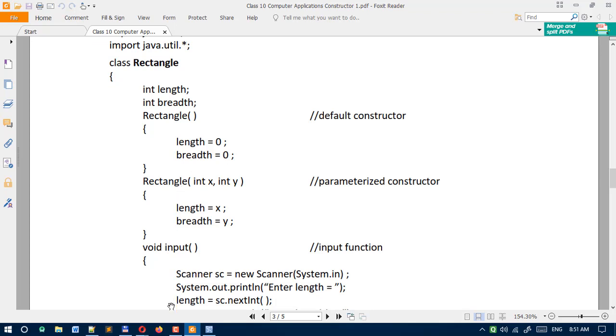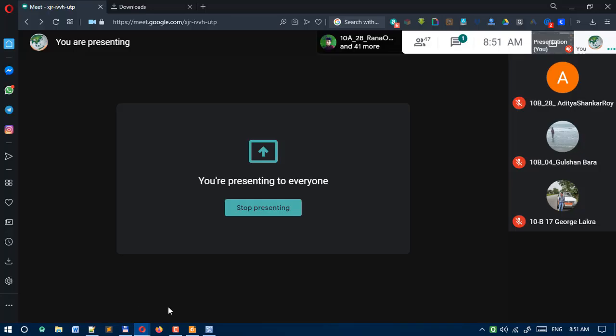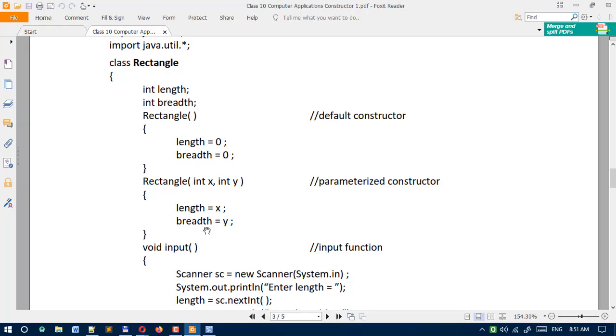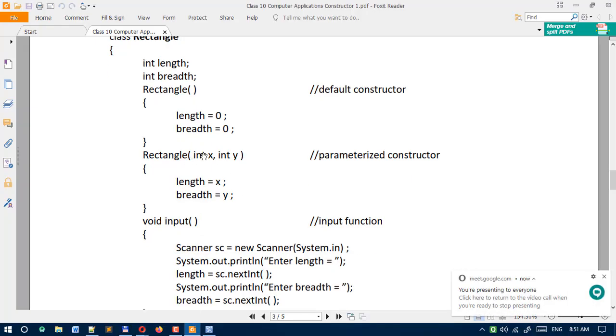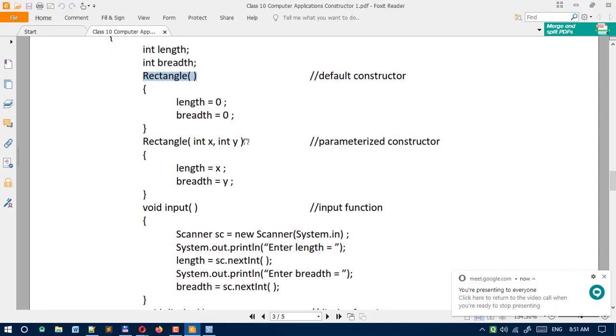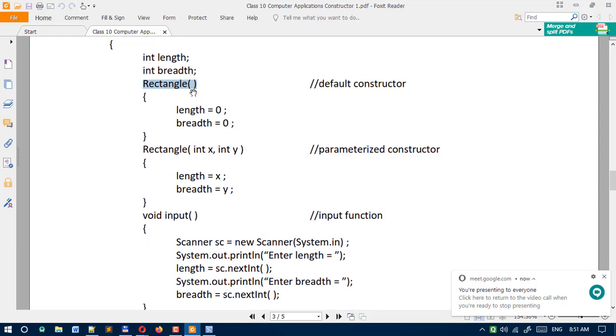Then next one, rectangle, again now with parameters. One difference you can see here: the first constructor and here the second constructor. The only difference is that in the first constructor no parameter is passed within the brackets. In the second constructor you can see two parameters, two variables, int x and int y, that we have passed.